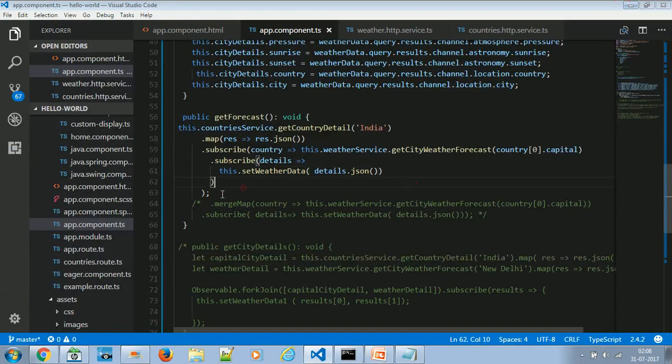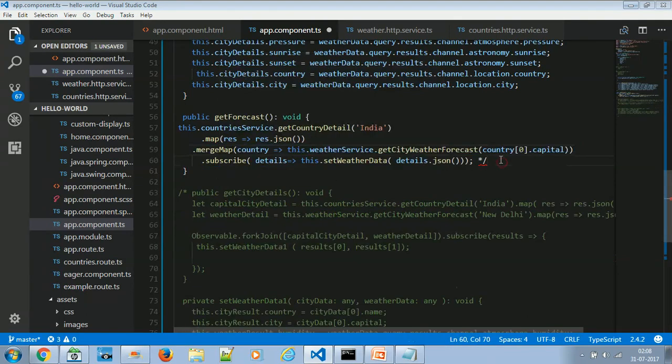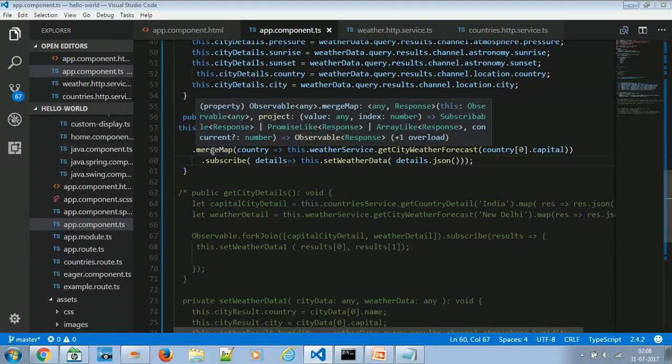So I've already written it over here. So what I'll do is I'll just remove this part till here, not required. Okay, and just remove it. So it saves me time from typing. So I already typed it. So now you see I'm doing the same thing, only I'm removing the subscribe.